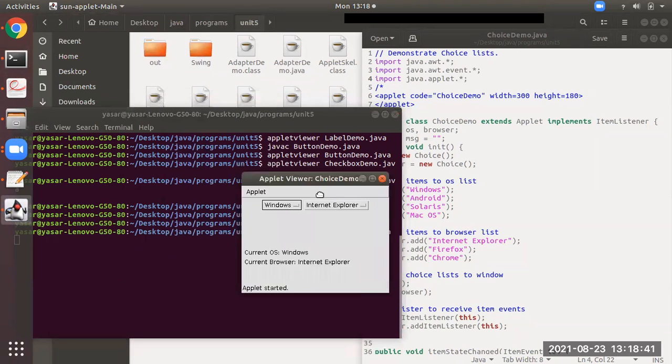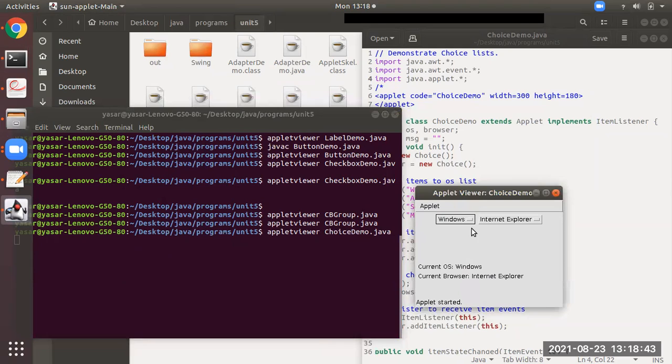See here, there are two choice lists. If I click Windows, just observe here, it is like a drop-down list. Again, you are able to see options. Windows is selected, so you can see the current operating system, Windows. If I click on Android, current operating system, Android. If I click on Mac OS, you are able to see here current operating system, Mac OS.